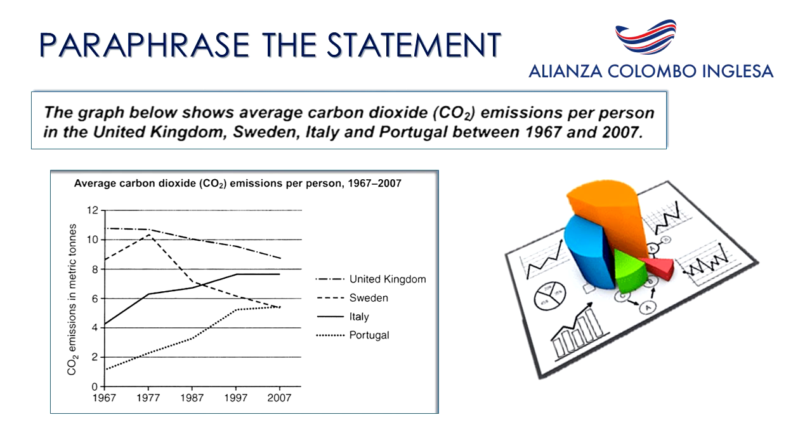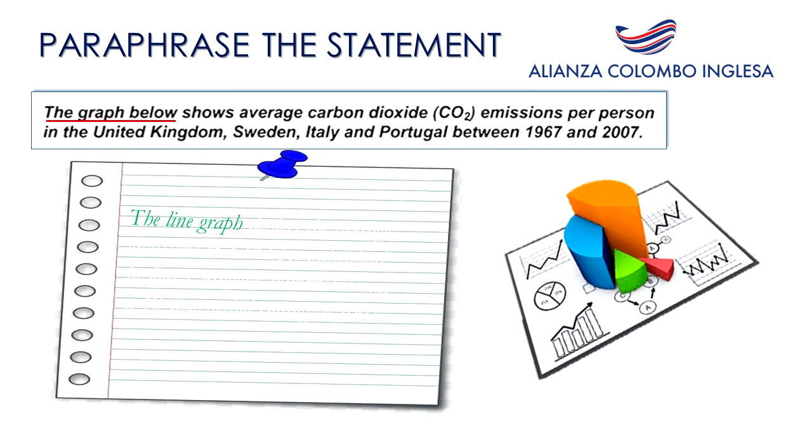So here we can take certain phrases and paraphrase them. The first one says "the graph below." We're not going to say "below" in the paraphrasing. We're going to be a little more specific. Instead of saying just "the graph," we're going to say the type of graph that it is, which is a line graph. So we start the paraphrasing by saying "the line graph." Now we have the action that indicates that visual information is presented, which is the word "shows." The paraphrase we can use here is the verb "depicts." So we have: the line graph depicts.